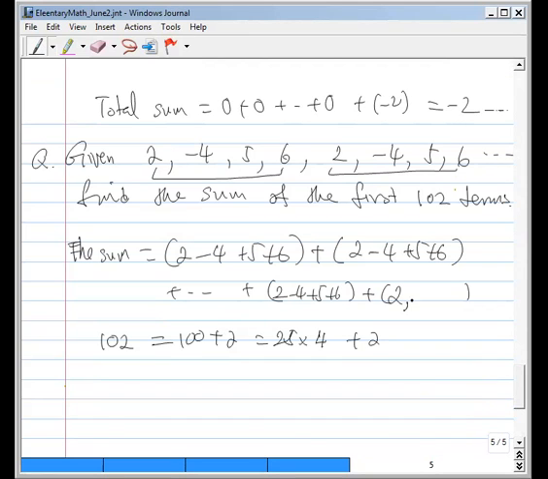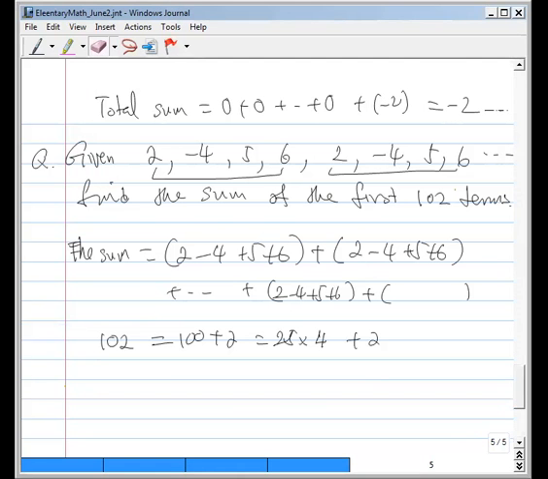2 minus 4, right? So it's weird. Okay. Yeah, it's 2 minus 4. It's -2. So that's why, so the sum is going to be, you add all the 4 numbers